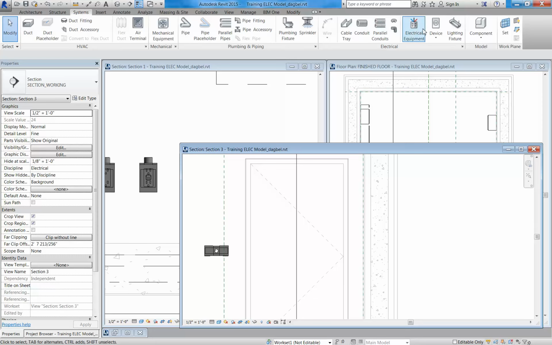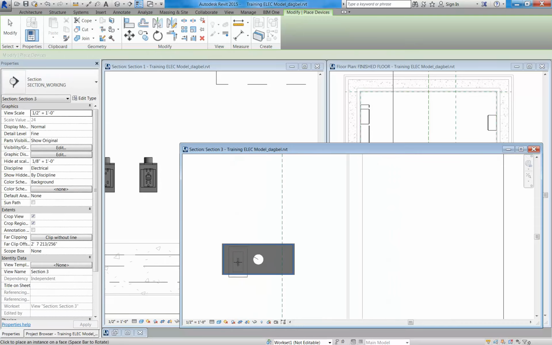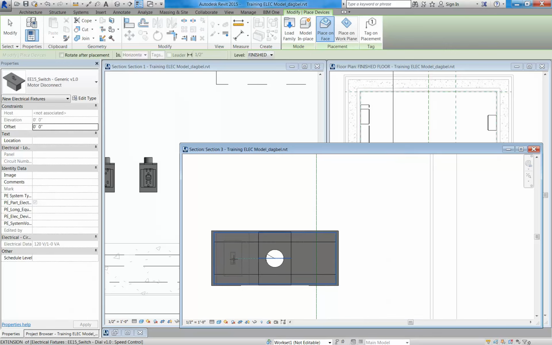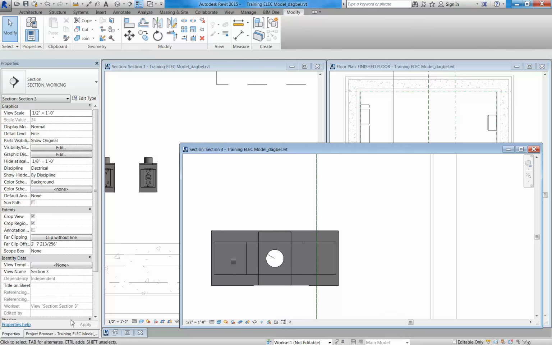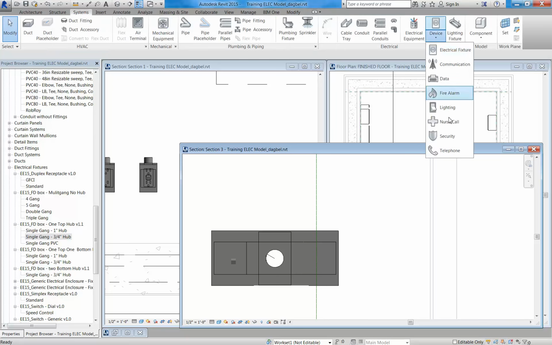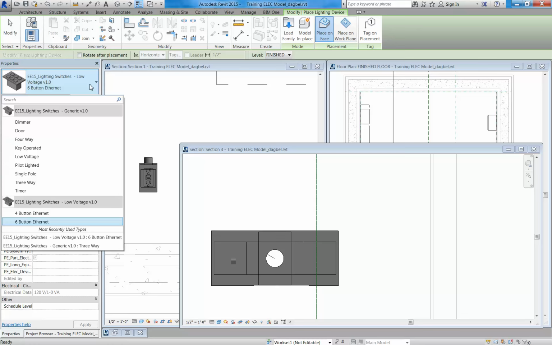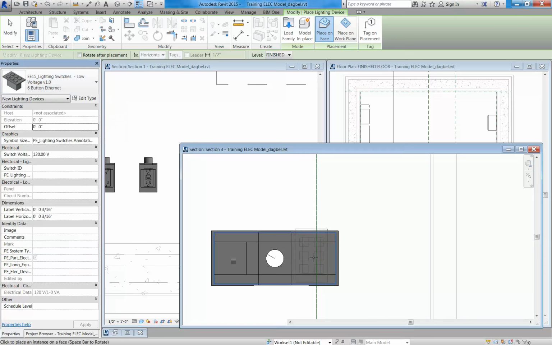So we will go ahead and add a manual type disconnect. Here's the E15 generic switch. We'll load that in. And while we're at it, why don't we add one of the lighting switches. So if you select a device, if you go down to lighting, we have a number of low voltage lighting switches. There's generic lighting switches for 120 volt control, and also the Chelsea style Ethernet switches. So we'll select a 6 button model, put that in our box,